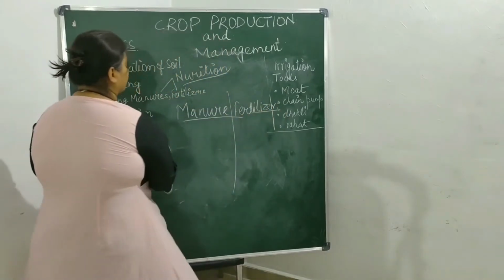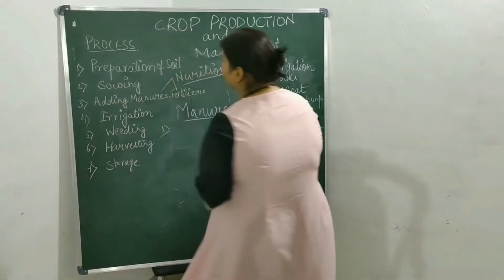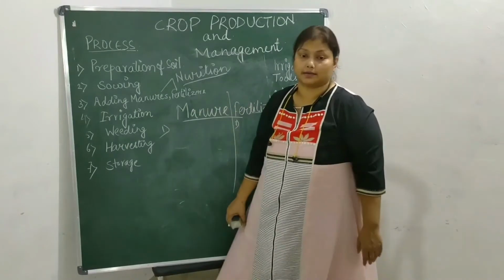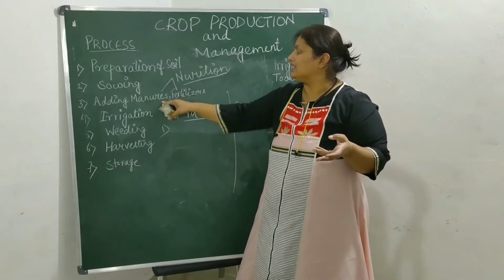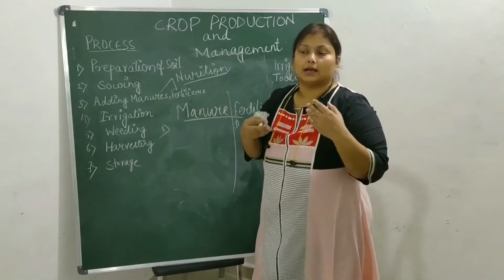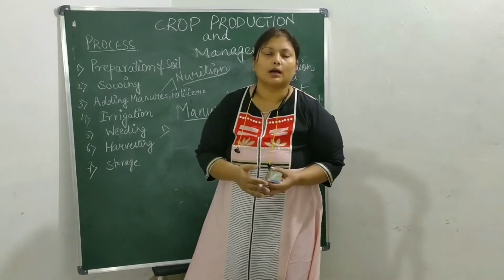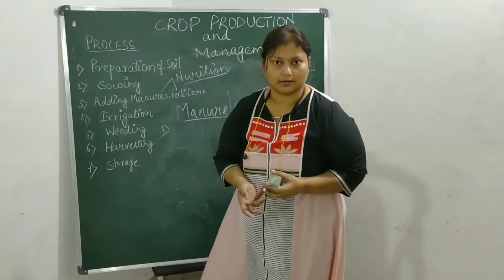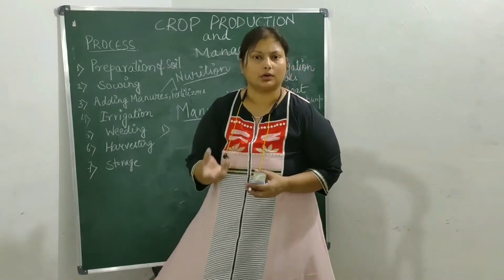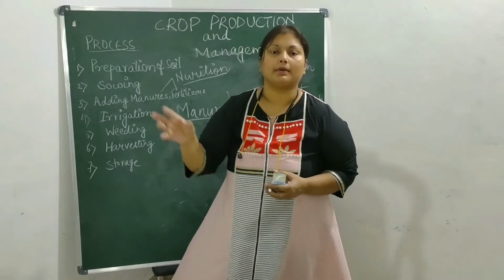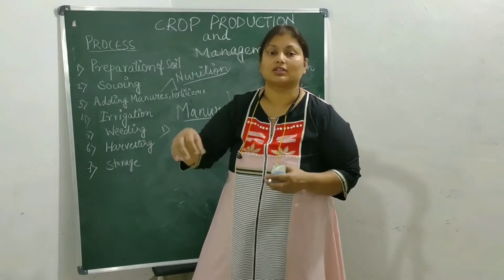So now come to one by one. We are starting with a very important thing: why farmers use manure and fertilizer. I am going to tell you why the farmer adds this manure and fertilizer to the field. The very normal answer is that farmers regularly grow the same type of crop on a land. So what happens on the farm when they grow the same type of crop? After some time, a particular type of nutrient gets damaged, means it gets used up.